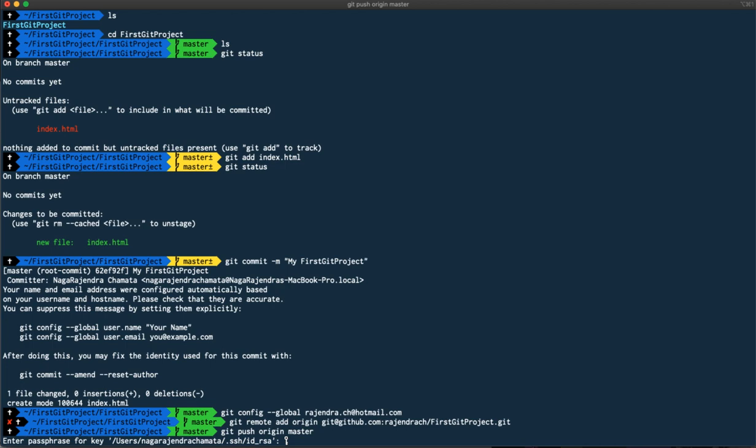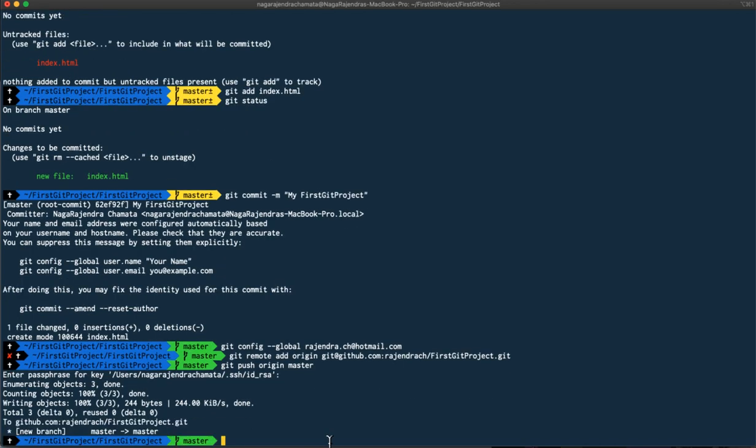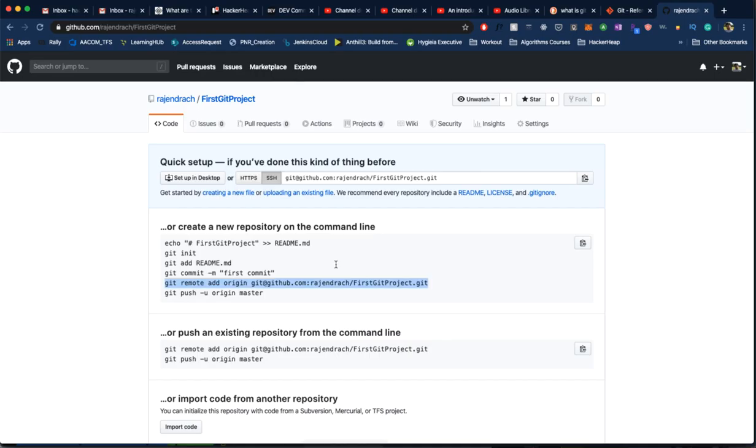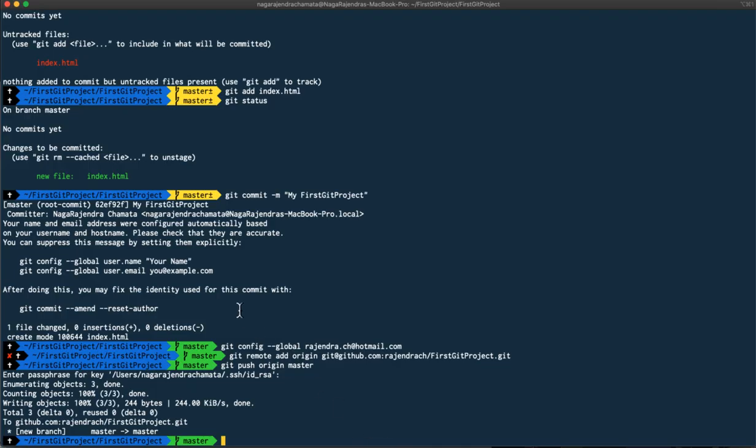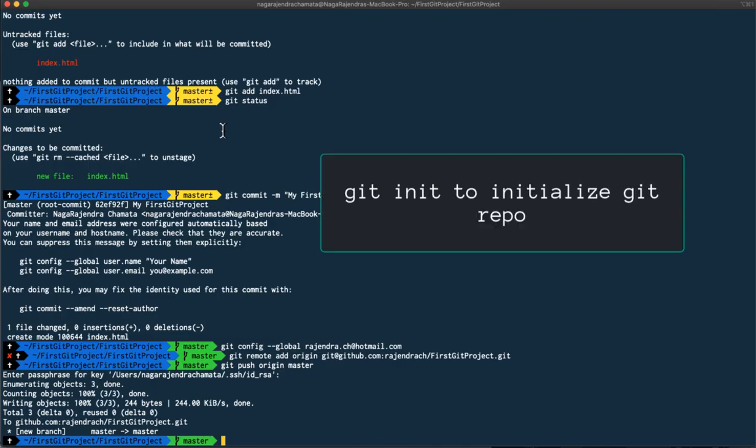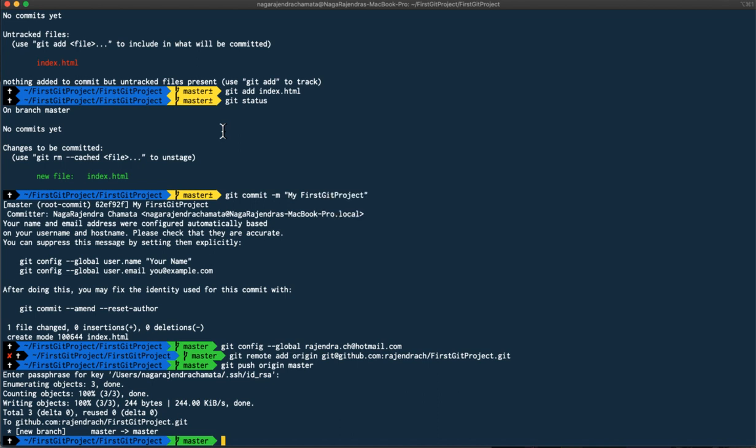So it's asking me for my key phrase. So yeah, now if you go here and refresh it, see the index.html is here. So we have looked so far the first git init, which initializes the git repository, and we created a file